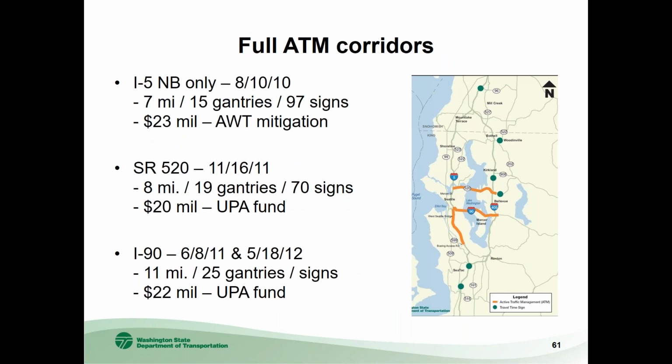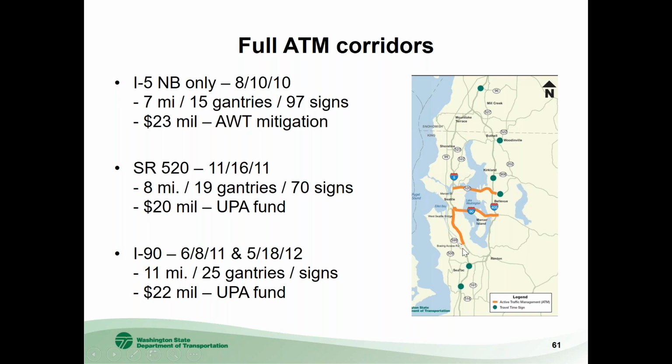All right. So where are our full ATM corridor? As I mentioned earlier, I-5 northbound. Why we're doing northbound only is because on southbound I-5 we have the reversible lane, so we can use that as one of the strategies to deal with the directional flow. Whereas on the northbound, we don't have the express lane or reversible facility, and we have to rely on this ATM strategy as well as the parallel route